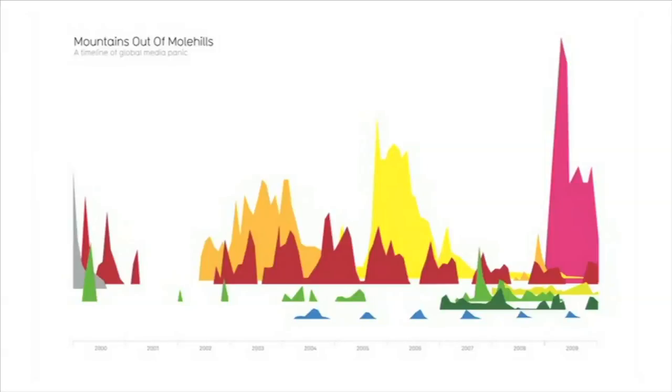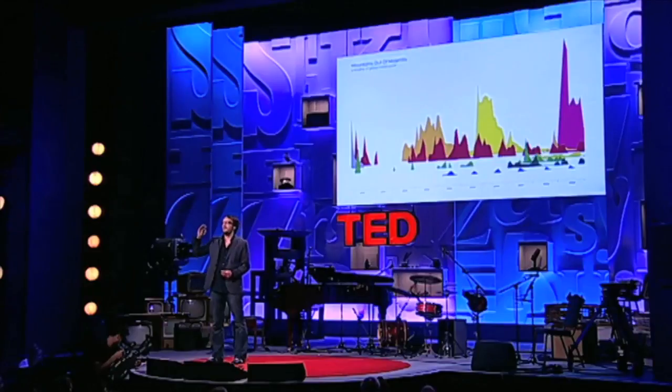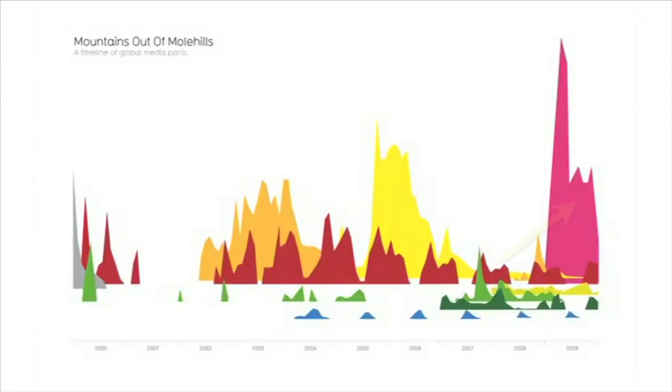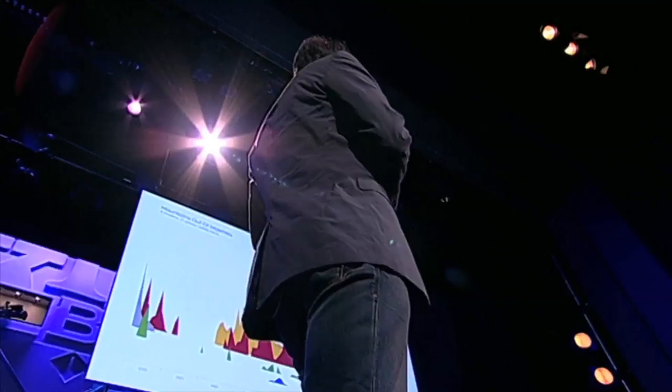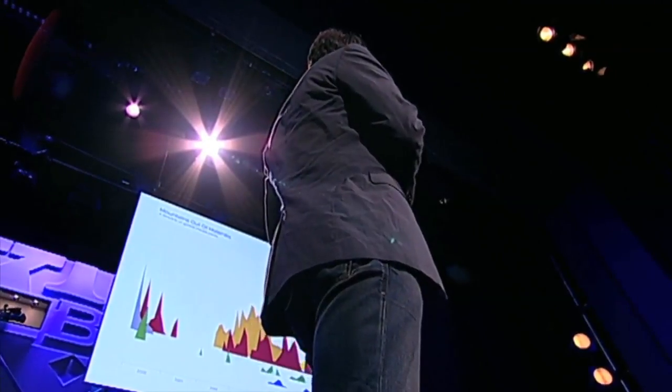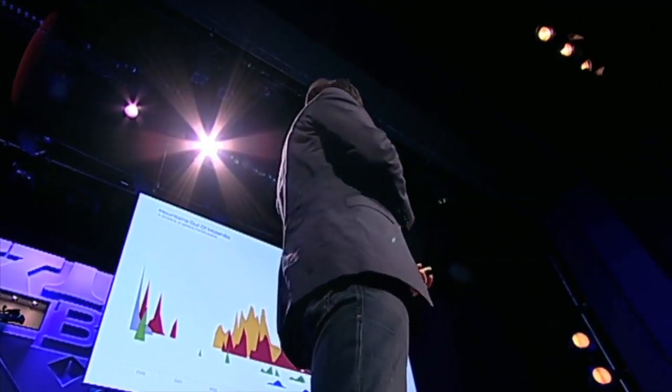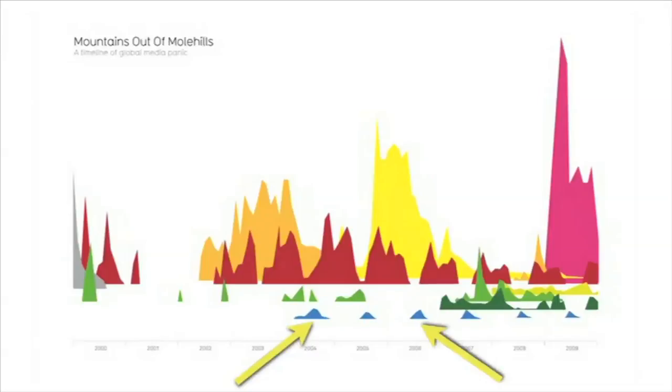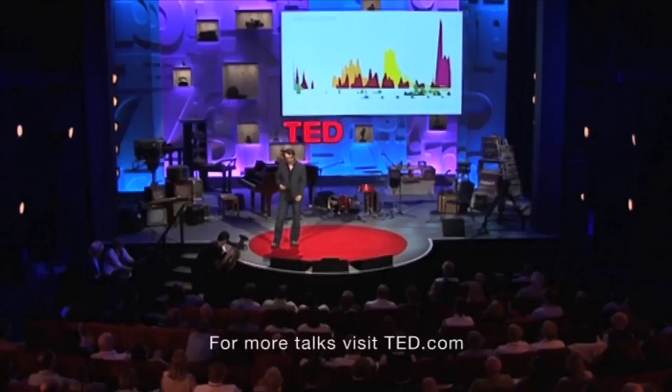So I'll label this for you in a second. But the height here, I want to point out, is the intensity of certain fears as reported in the media. Let me point them out. So this, swine flu, pink. Bird flu. SARS, brownish here. Remember that one? The millennium bug. Terrible disaster. These little green peaks are asteroid collisions. And in summer here, killer wasps. So these are what our fears look like over time in the media.